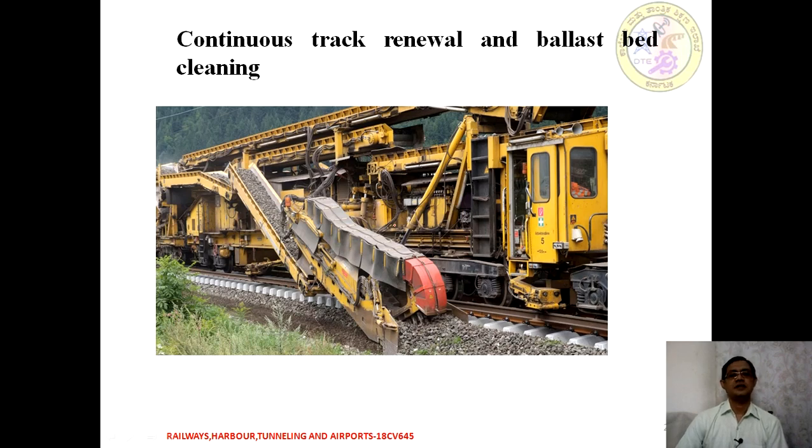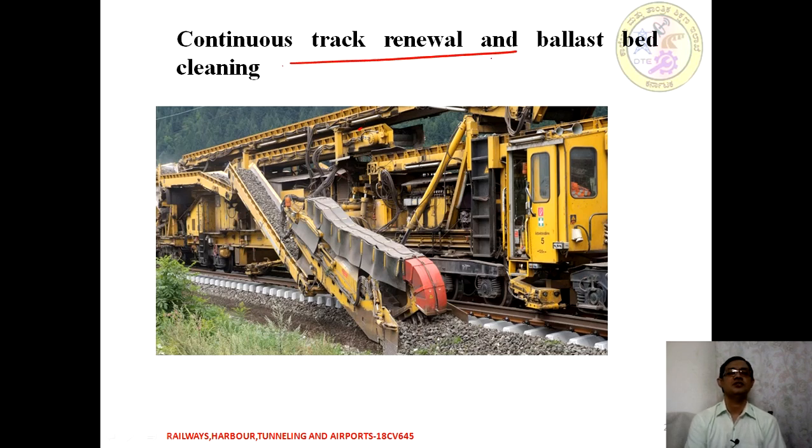As we know, once the ballast is put into the construction site and operations start, after some period of time it needs to be renewed, because of the continuous battering effect of the rail, topographical variations, the wind or the dust. So this needs to be cleaned and renewed at a particular interval of time. To do that, we use one more type of machine.